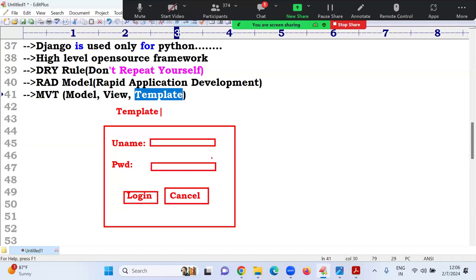Generally, do you know, in your software engineering subject, every application has three layers.